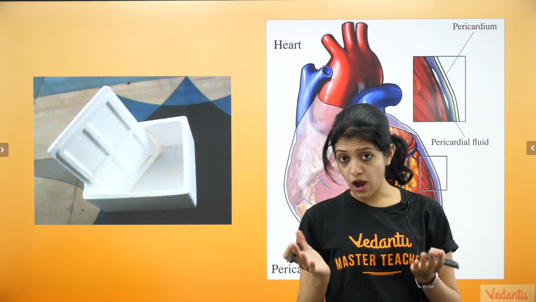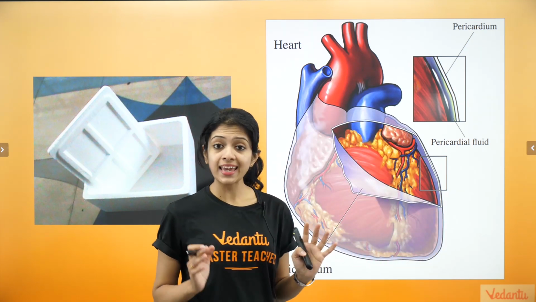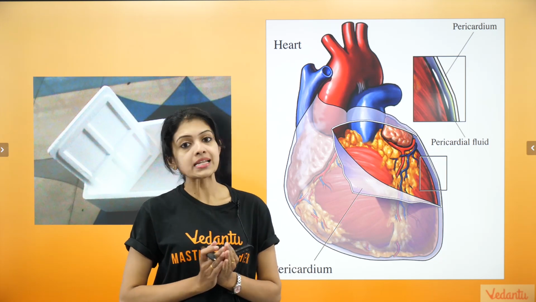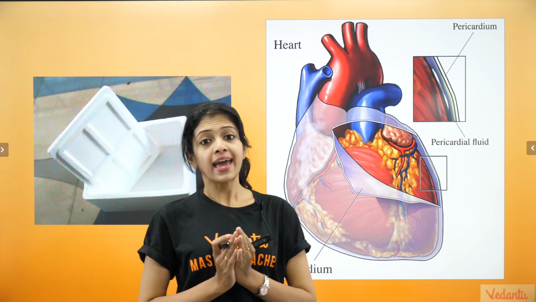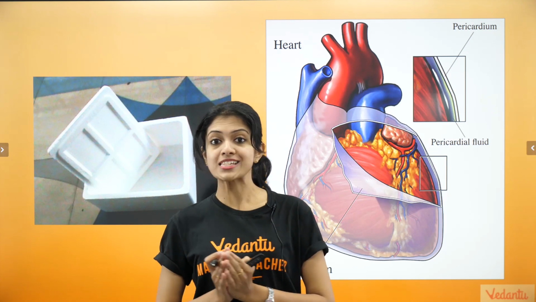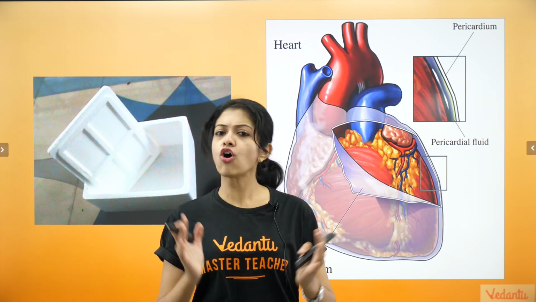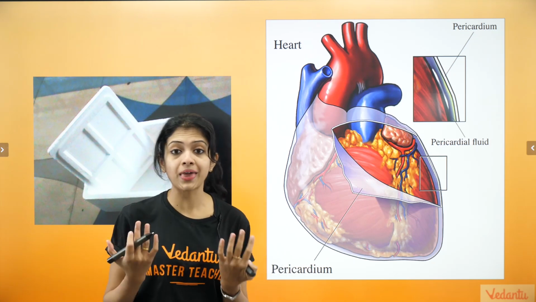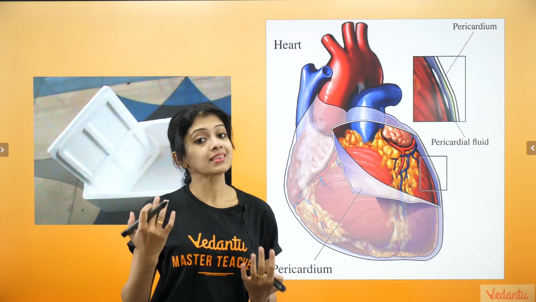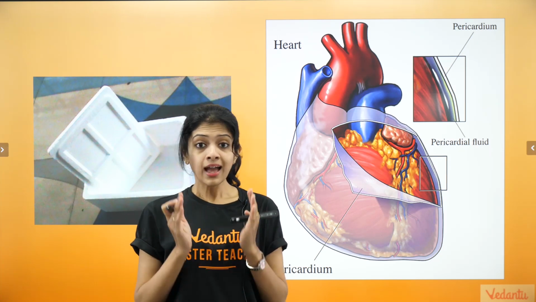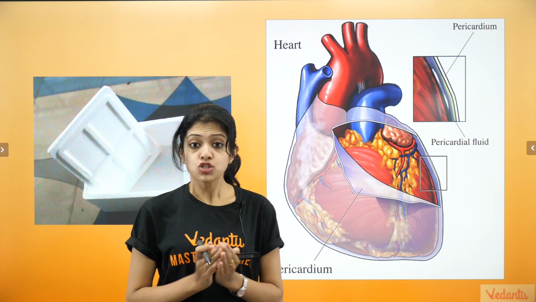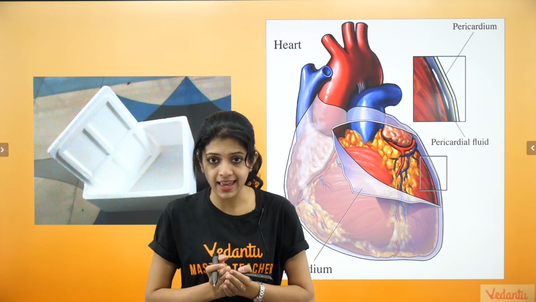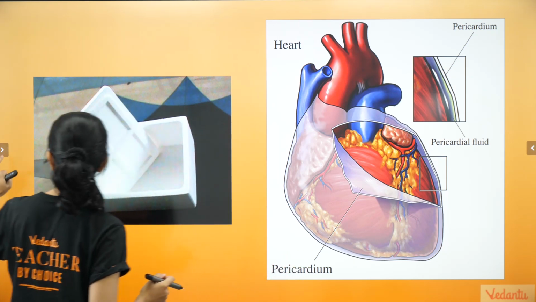Let's start from the outside. As you can see, just like any other organ of your body, it needs protection. Your heart needs extra protection. Of course, it is one of the most vital organs of your body, so it needs a lot of additional protection, right? So what is it that protects it? Of course, the rib cage protects it, but that's not enough. The heart is very, very delicate. So it has a covering right around it, a covering protecting it, which is called the pericardium.